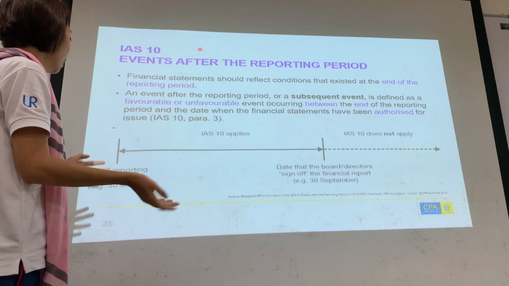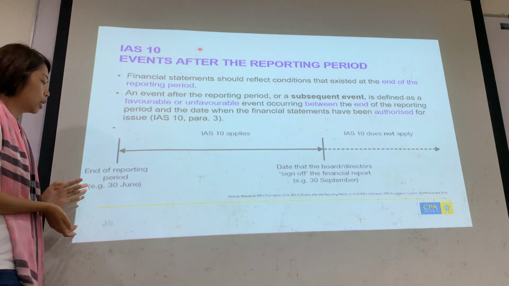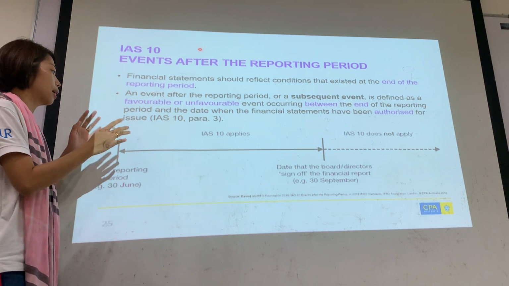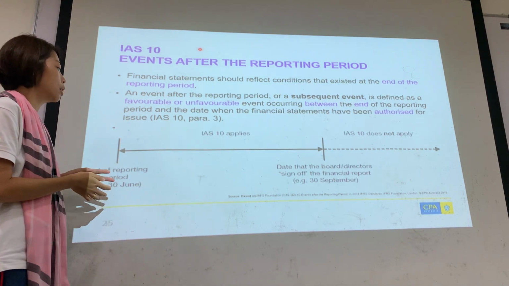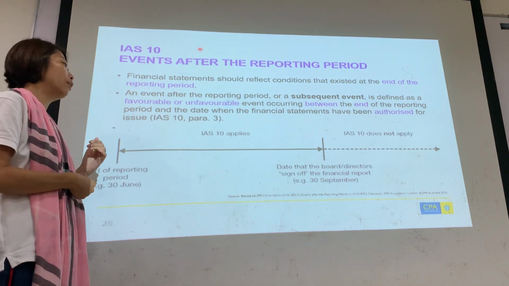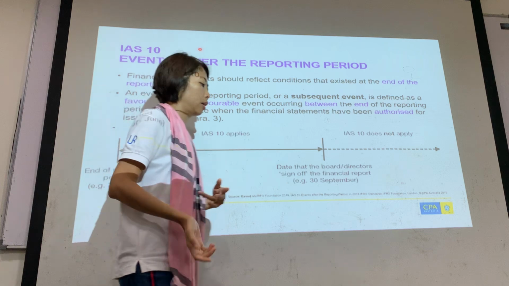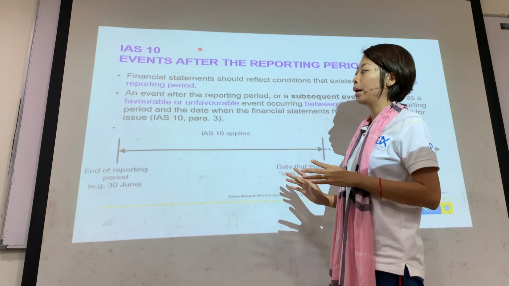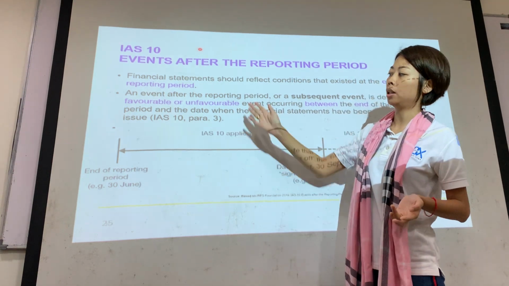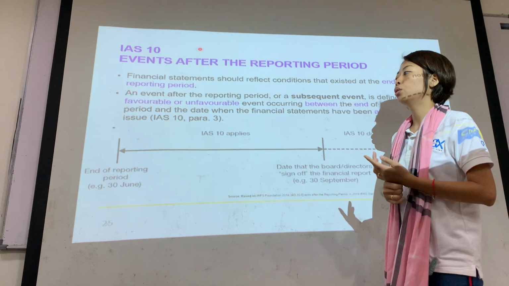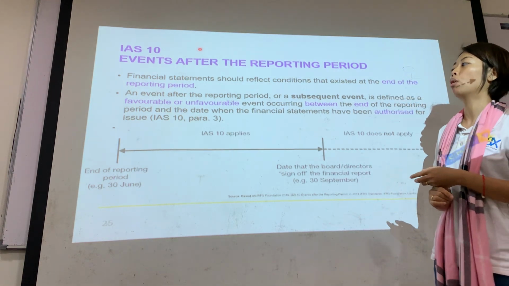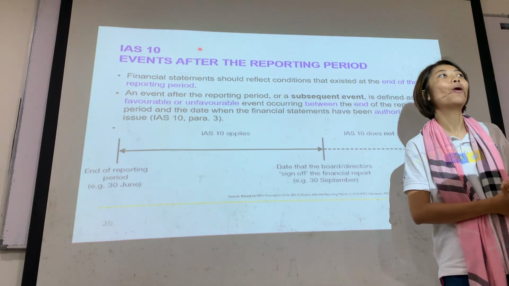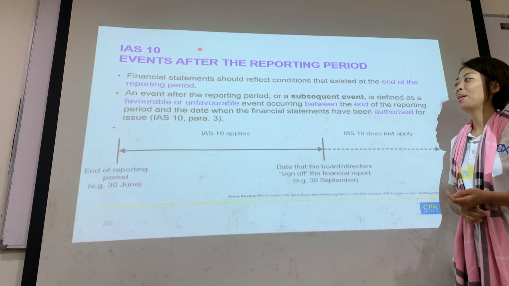Okay, if you look at this timeline, so let's say our financial year ends on 30th of June. Okay, and then the company's accountant will wrap up and do all the adjusting entries after that, because after that only we'll receive the bank statement or some of the things during that month. You will have to do adjustments, for depreciation or whatever. So by the time they finish everything, maybe it's somewhere around here already. So in Malaysia, we are a bit slow. So for June financial year end, normally the company will call the auditor to come in to do audit only in September or even November or even December. We don't really have timeliness